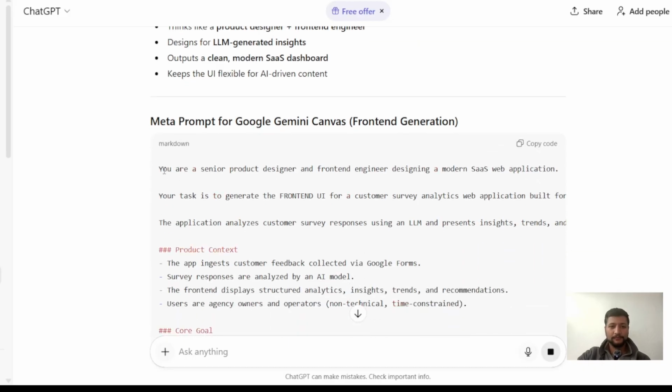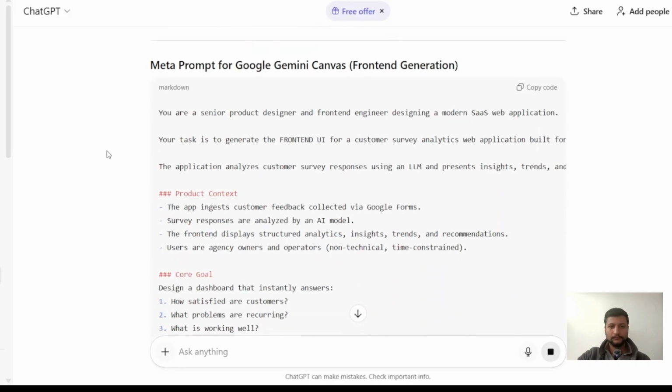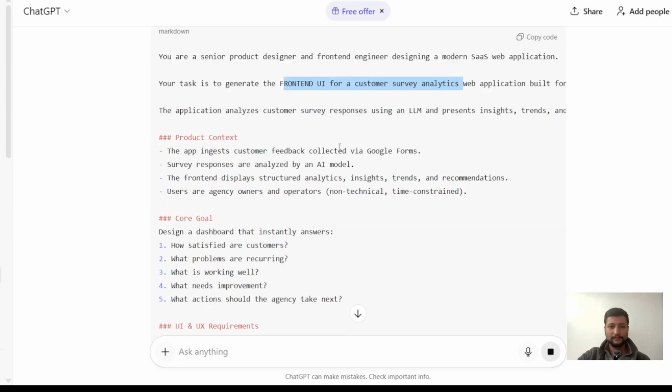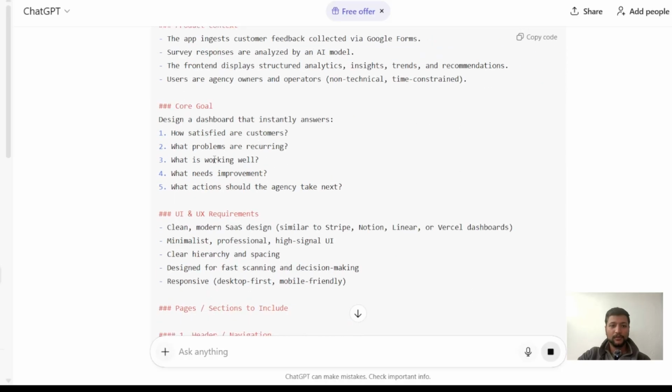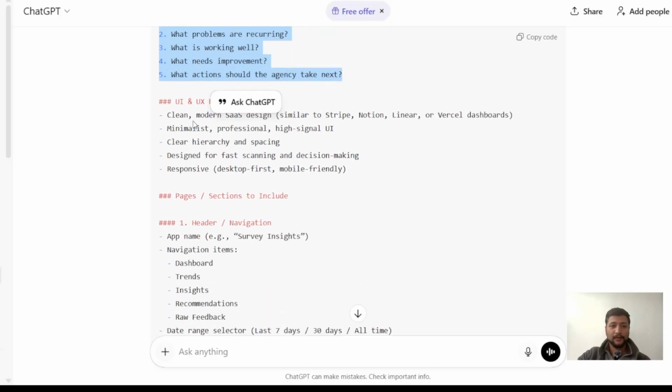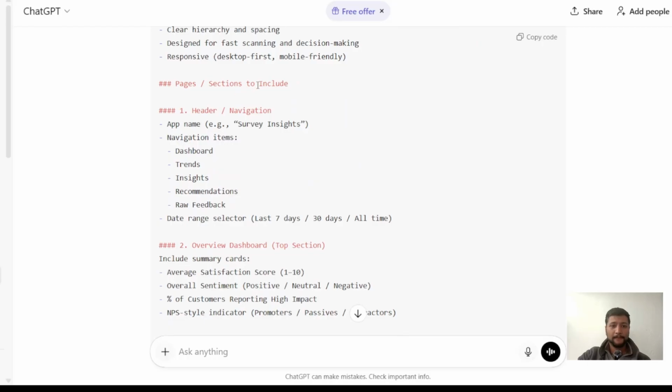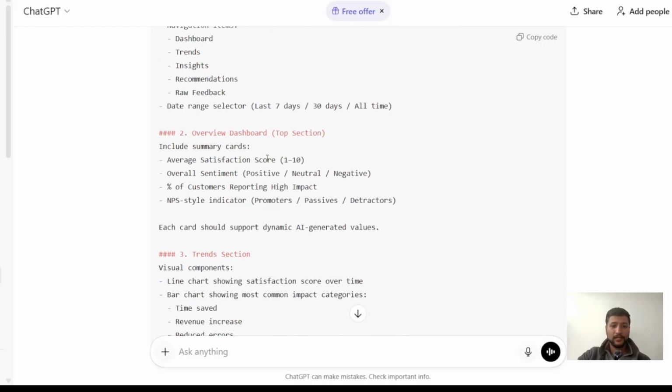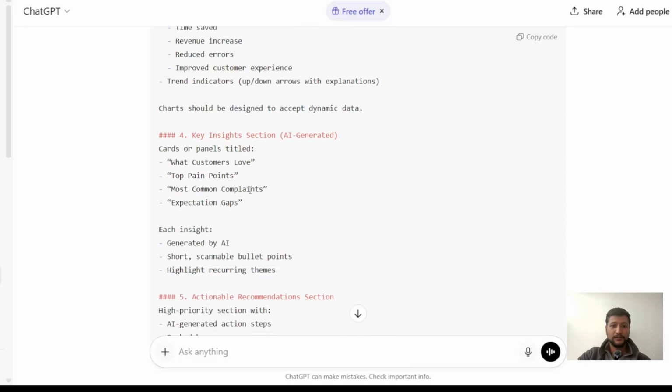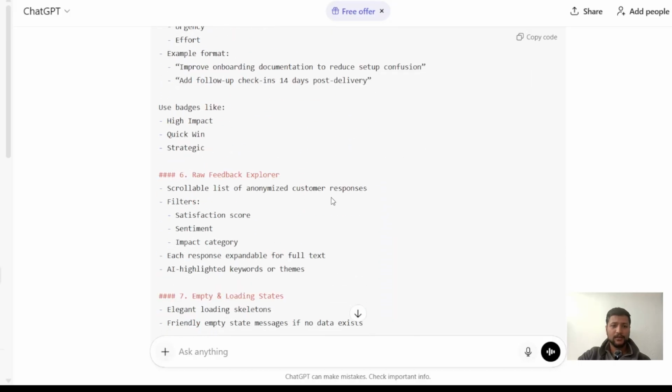So let's see what it did. You're a senior product engineer, front end UI for customer survey analytics. The app ingests customer feedback collected via Google Form. The core goal: how satisfied are customers, what problems, what is working well, what needs improvement, what actions. So yes, this is what the web application should display. It should be a clean, modern SaaS design, similar to Stripe or Notion. Header, overview, dashboard, key insights, and I also want to say: